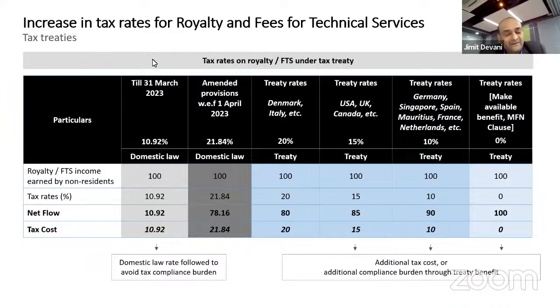Now the question which arises is, why will a foreign company need to file the return of income in India? The answer is very simple, because the Indian law doesn't provide any exemption and Indian law forces them to file the tax return. And sometimes some of the companies at the global level need to give a declaration whether they are compliant with all the regulations across the world.